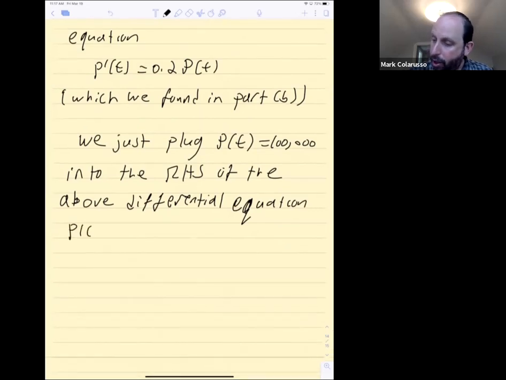So when we do that, we get P prime of t equals 0.2